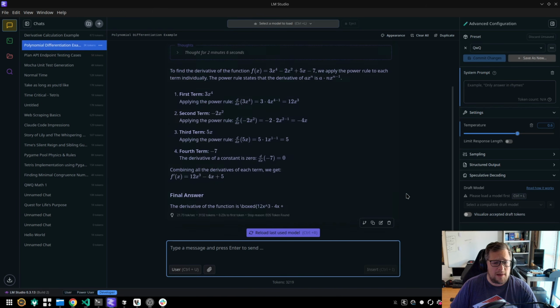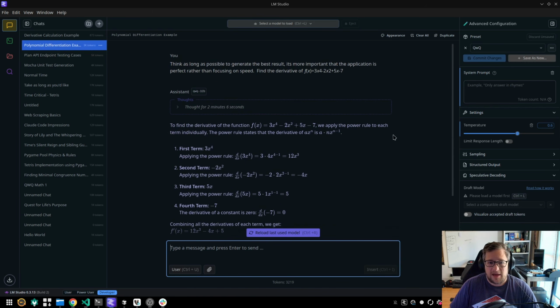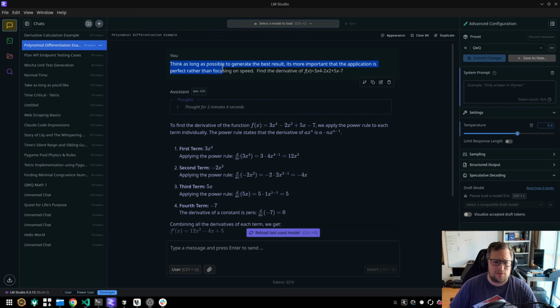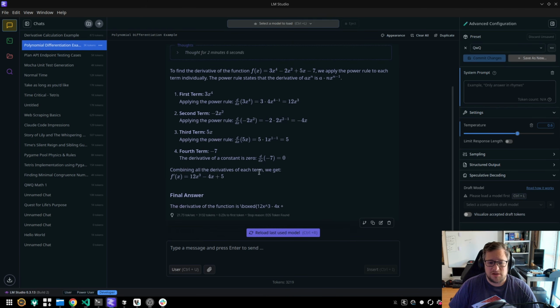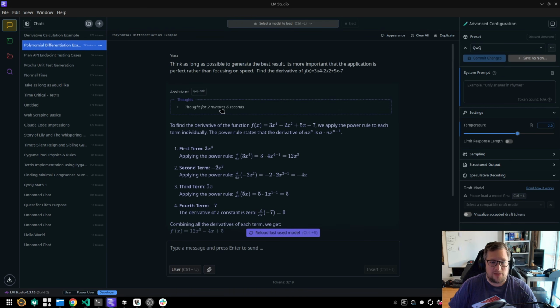But then I was like, what about calculus? What about math problems? So I told it, think as long as possible to get the best result. And actually, I took the exact same one about the application being perfect rather than focusing on speed. Then I said, find the derivative of this function, which it ultimately came out with the correct answer, which is 12x cubed minus 4x plus 5. And it did that with thinking for 2 minutes and 6 seconds,